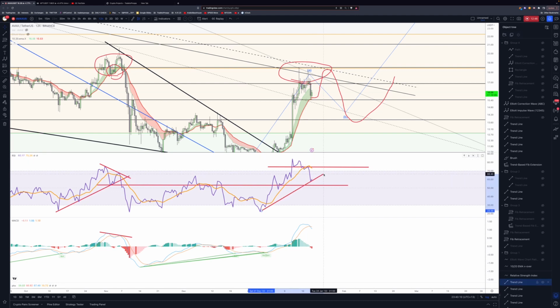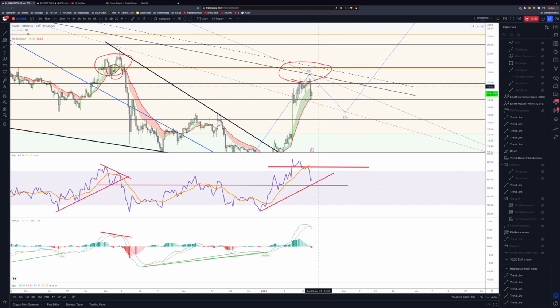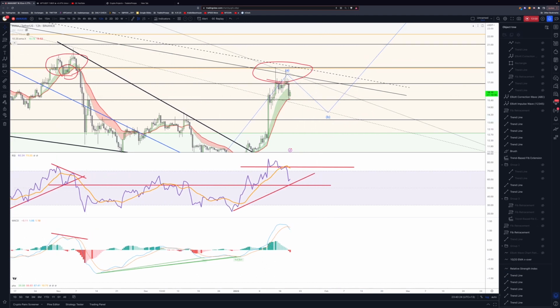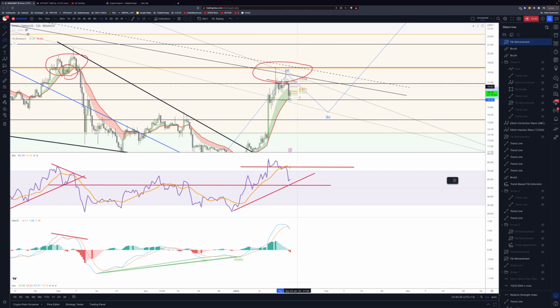I think we need to see something here before we can put this trend line and then use it. But I do feel like we might be able to make a double top, or even a failed swing trade, which is 618. So let's have a look at that. I think we're going to have a failed swing trade set up. So 618. Maybe I'll just use that one level. So I'll be looking for resistance here,